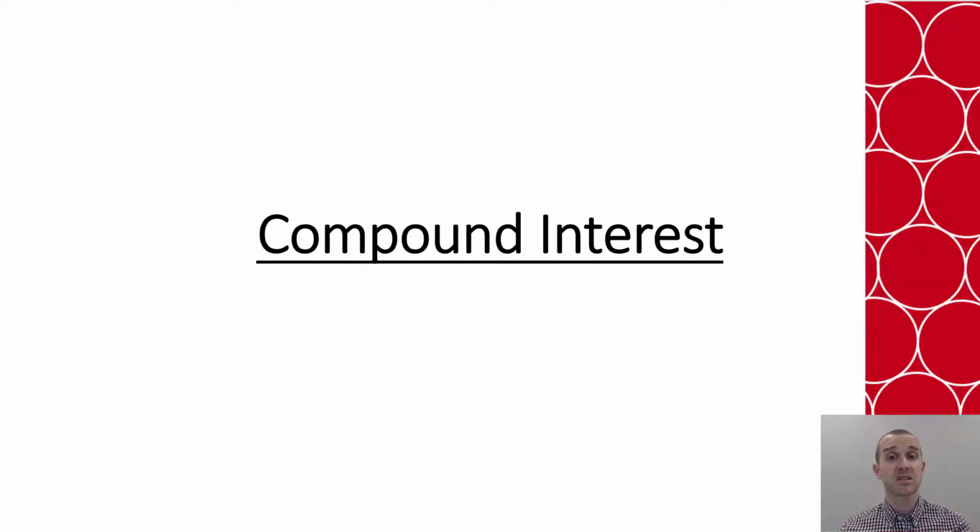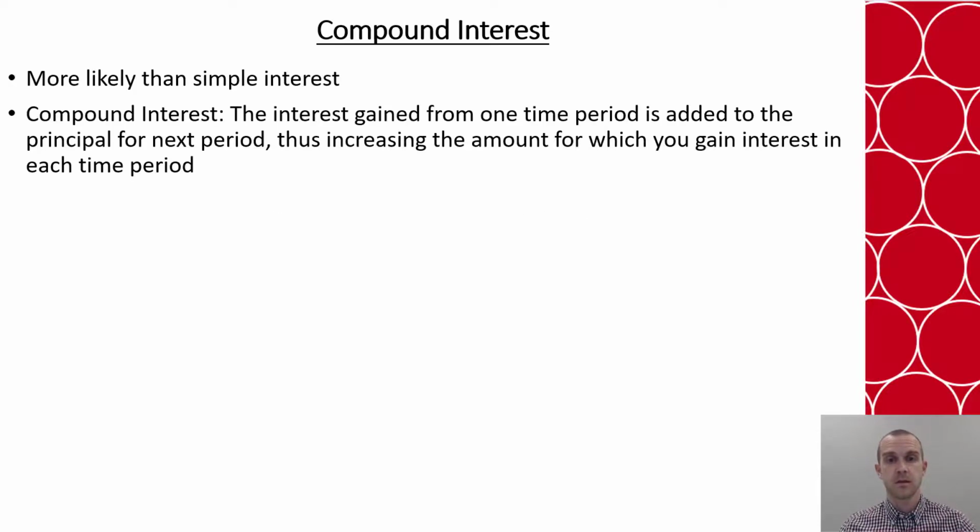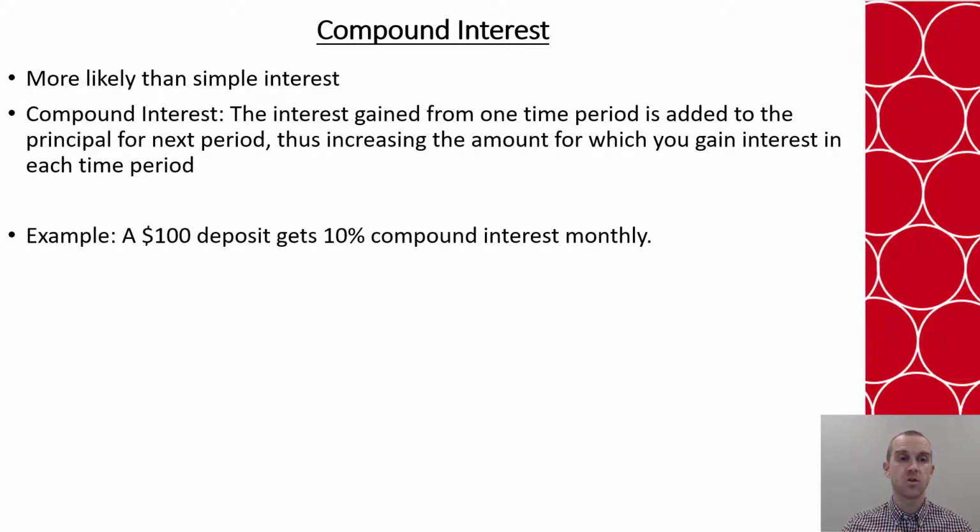In this video, we'll discuss compound interest. Now, compound interest is actually more common than simple interest. What happens with compound interest is that we take the interest that we gain from one time period and add it to the principal, and that becomes the new amount that gets interest on it in the next time period. So if we think about $100 having a 10% compound interest monthly, that would mean if we started with